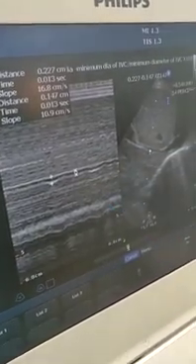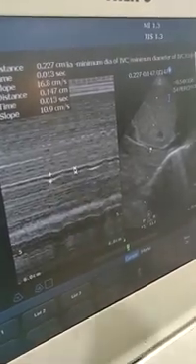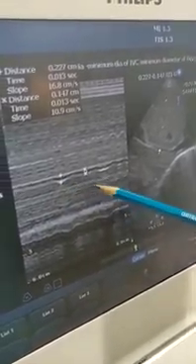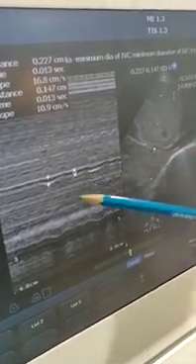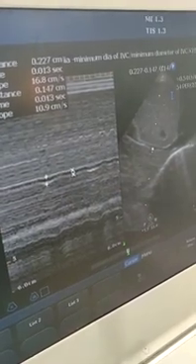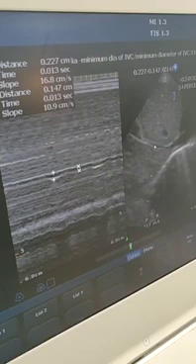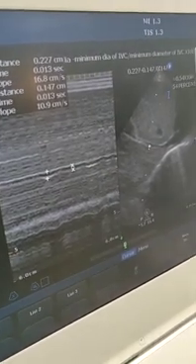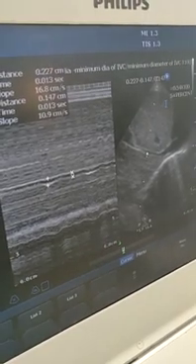But here, if you see, you will find during the inspiration, the vena cava distends, and during the expiration, it collapses. So that is the reason you need to look at the distensibility and how much it distends during the inspiration. And in adults, and in children also, anything more than 12% of distensibility index is considered that it is fluid responsive.